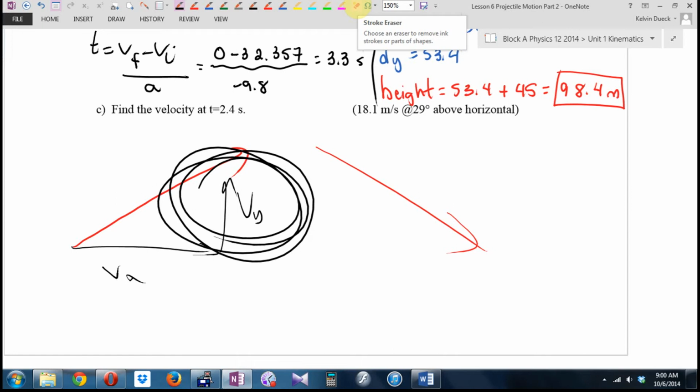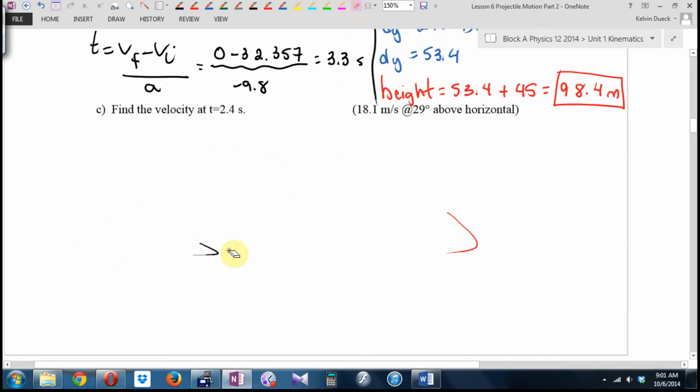You know what? At 2.4 seconds it's still on its way up, because 3.3 is when it got to the top. If I wasn't sure, I'd hold off on drawing the picture because I wouldn't know whether it was on its way up or on its way down. But here, since I know it reached the top after 3.3, I think I can safely say what it's asking me to find is